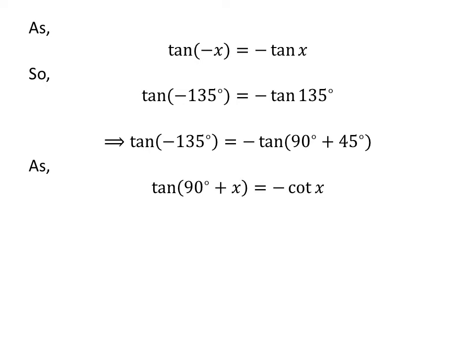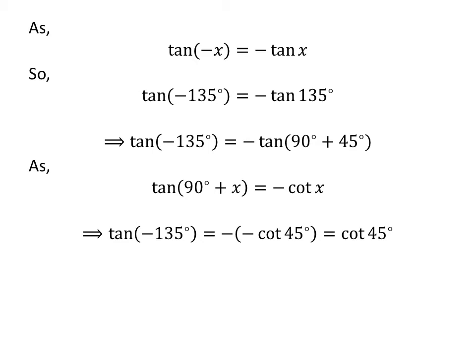As we know, the trigonometry identity tangent of 90 degree plus x is equal to minus cotangent of x. The video explaining how to derive this identity is appearing in the upper right corner. Also, the URL address of the video has been mentioned in the description section. Let us apply the above identity for tangent of 90 degree plus 45 degree.